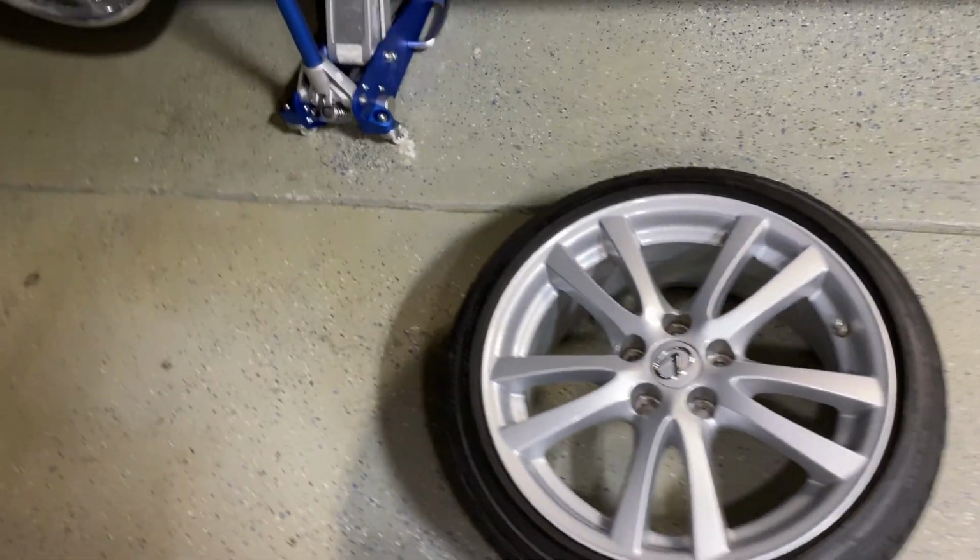So today I'm gonna take that apart. I'm gonna try it again without the caliper on there, see where the clearances are, and see what I need to adjust to try to get it to fit. So stay tuned. If you were following my last video when I was putting that big brake upgrade on from the GS 350 F Sport right there,